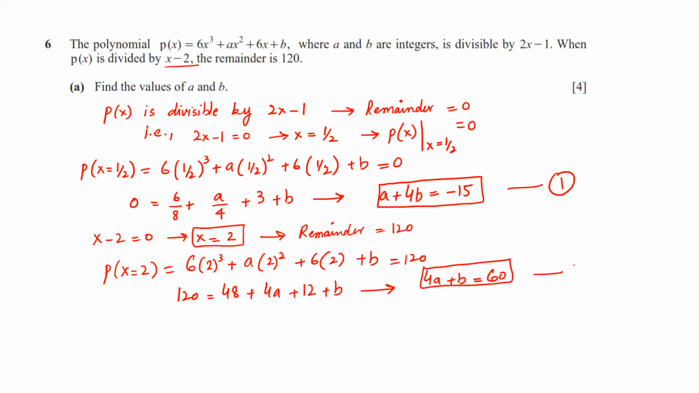Okay, so call this your equation number 2, and you have to find out the values of a and b. So solve 1 and 2 simultaneously. Solving this simultaneously, say for example from 1,